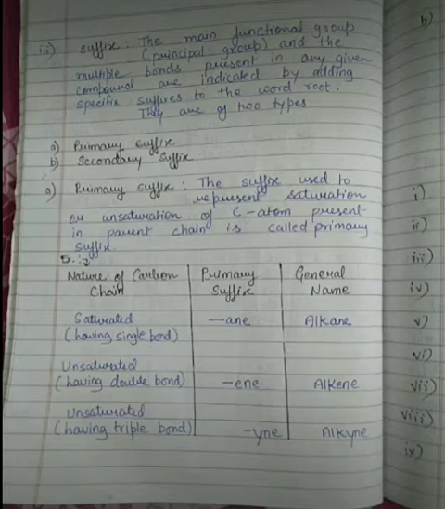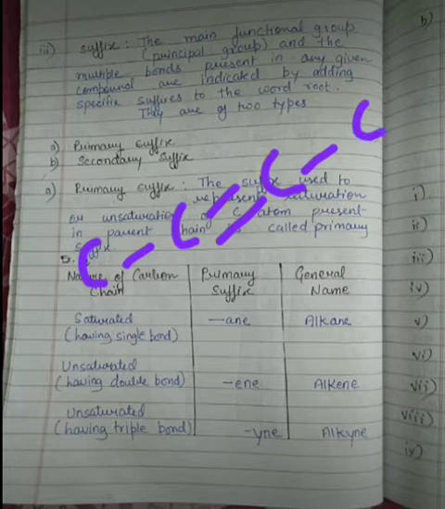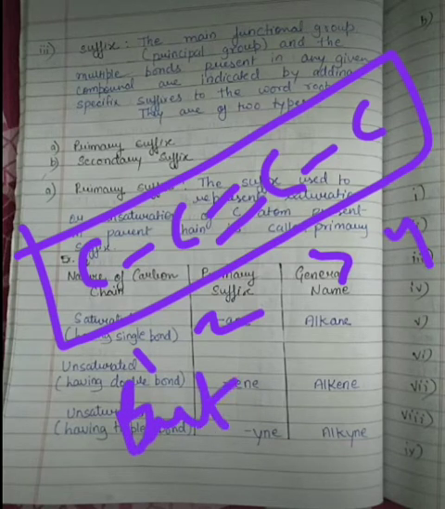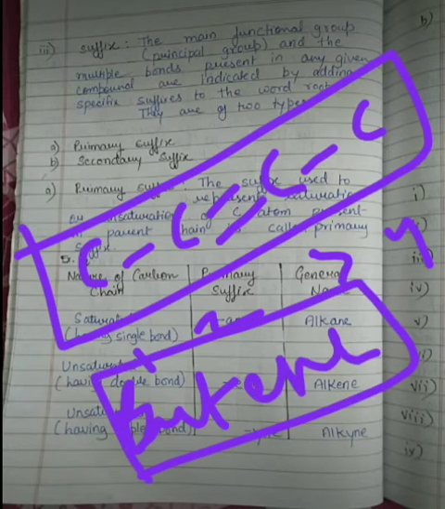Okay, and how you can assume this, suppose C double bond C and C. This is the parent carbon chain. So for this, what you have to see is, you first select the parent chain and number the carbon atoms. So there are basically 4 carbon atoms. For 4 carbon atoms, the word root will be but, but as there is a multiple bond, butene will be used. This is what the primary suffix is.